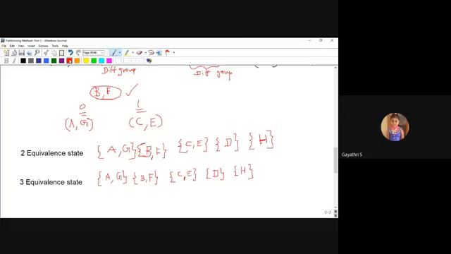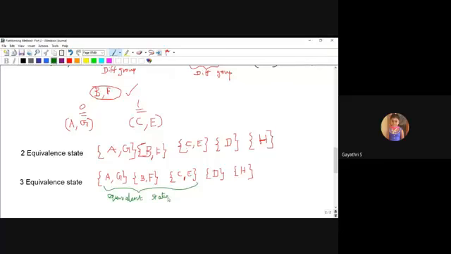So these are all called equivalent states. Since the two equivalent state and three equivalent state results are the same, I'm going to draw the minimal DFA diagram.